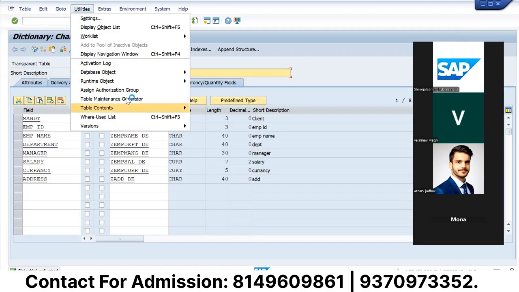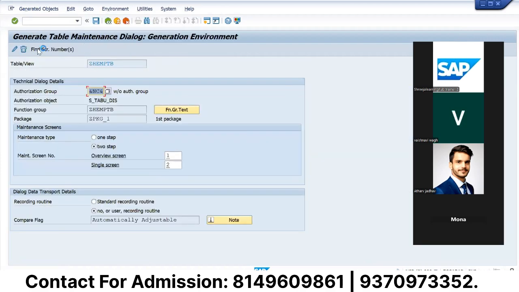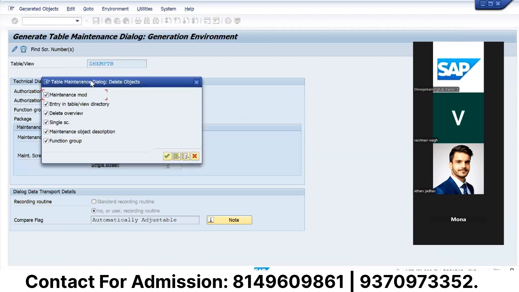Now I will go to utilities, then table maintenance generator. I will delete this TMG first, and I will again create my TMG. तो उसके बाद हमारी जो एड्रेस की फील्ड है, that address field will come. It is taking time to delete. Okay. So